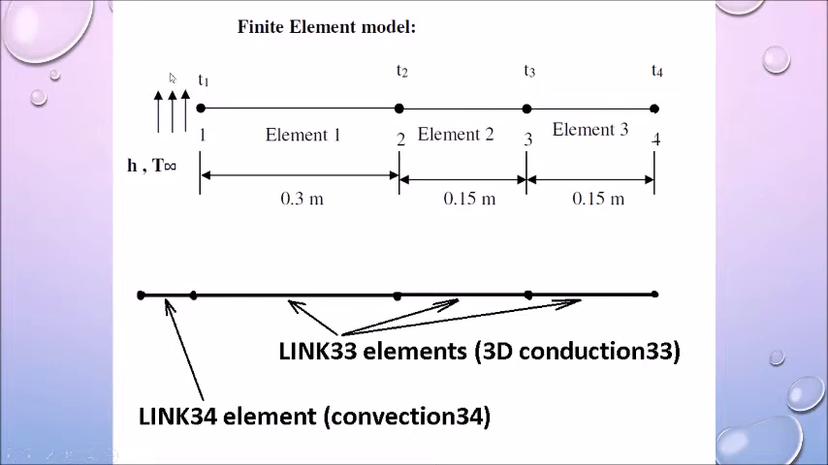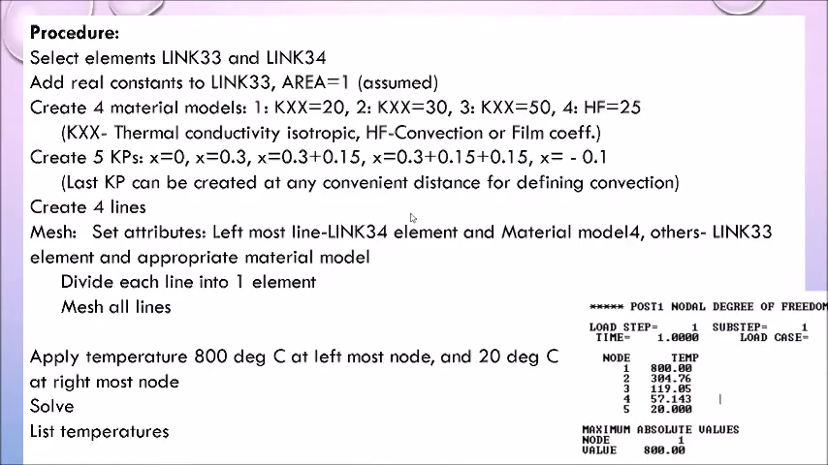But for modeling this convection, we have to use another element which is called link 34, which is used for representing convection. And this distance can be anything. We have not specified any distance for that. You can take any convenient distance for this. And this is the procedure that has to be followed to solve this problem, and the solution is also given. You need to get this